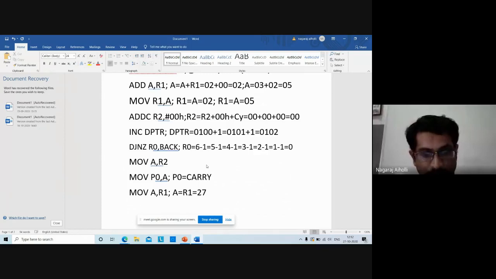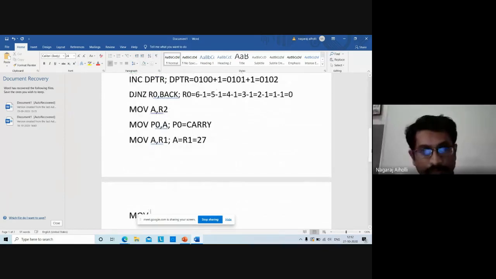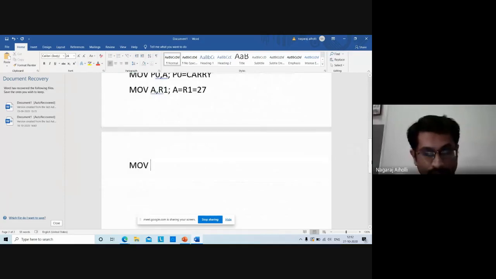Then next, again move this value from the A register into a port. Which port have they mentioned? P1. Move P1 comma A. On P1 we will get P1 equal to A equal to 27. Then SJMP dollar, a small subroutine written for ending the program.